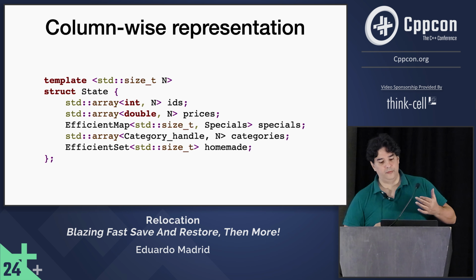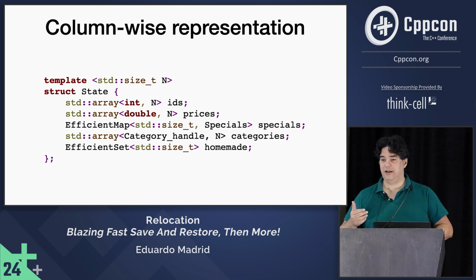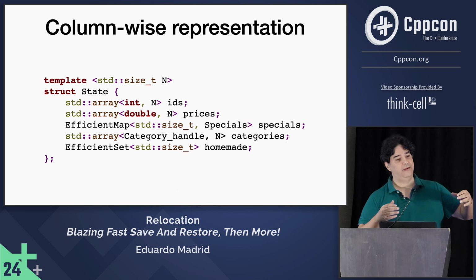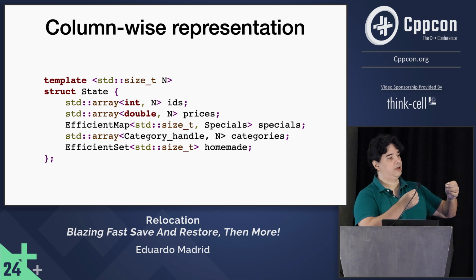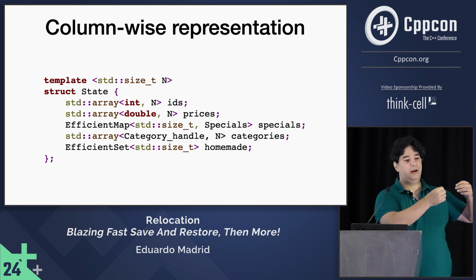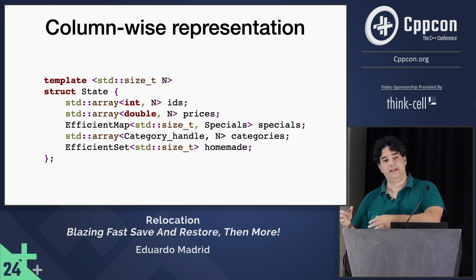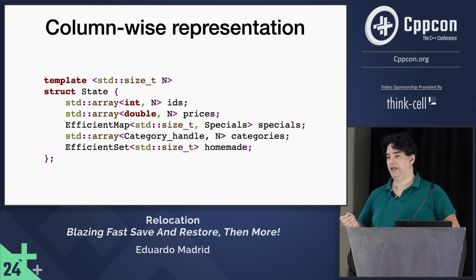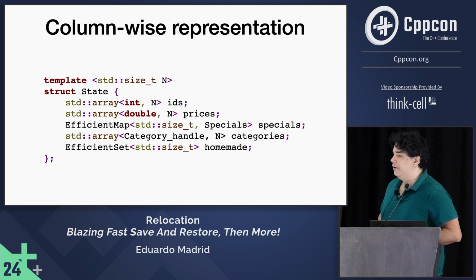I call this the column-wise representation because it has the word wise in it, and especially because the database people have been doing analysis of when it is a good idea to represent tables as collections of rows in which each row, of course, have data elements of different types, versus representing rows as collections of columns in which each column will have homogeneous data types. Yes, Peter?